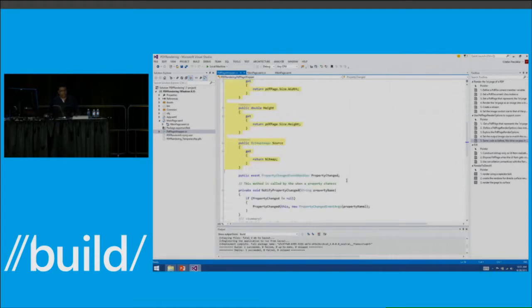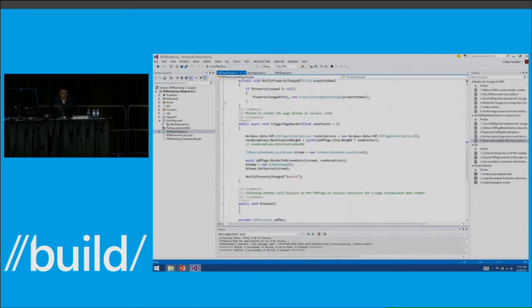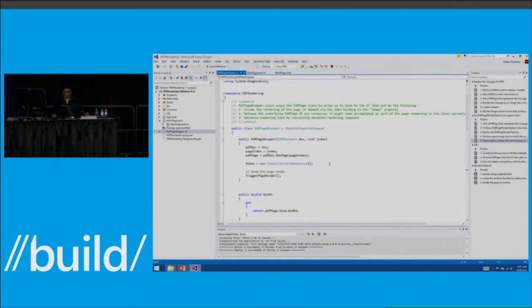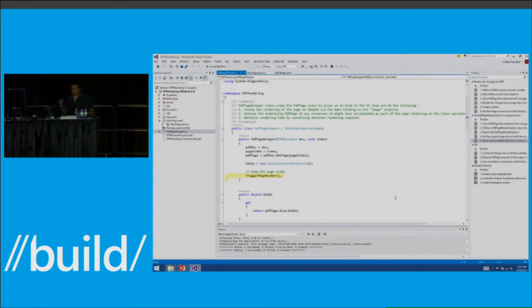It also has a trigger page render function that helps it with the rendering of the PDF page at various zoom factors, just like we saw in our sample application before. And it triggers the page render at the 100% zoom size to begin with in its constructor.